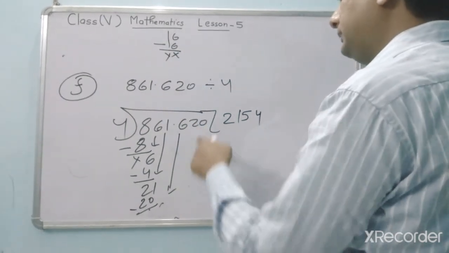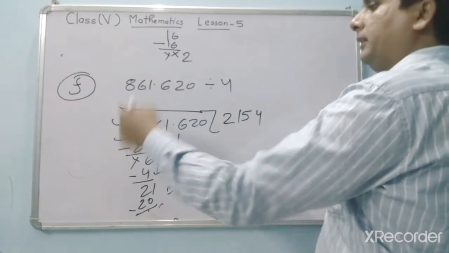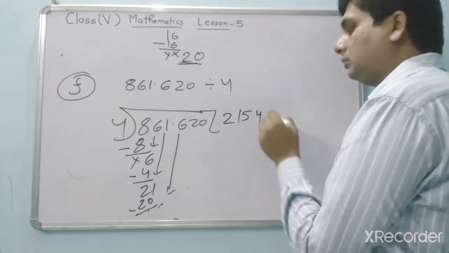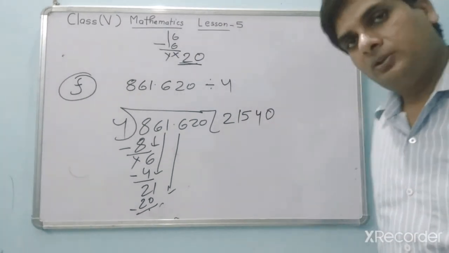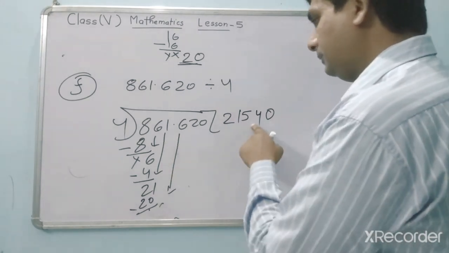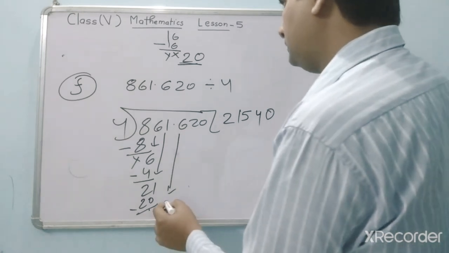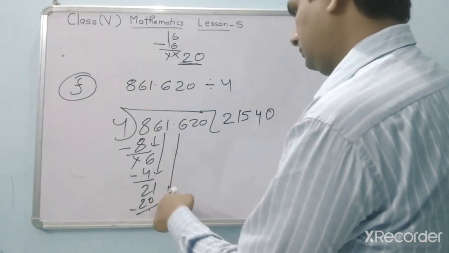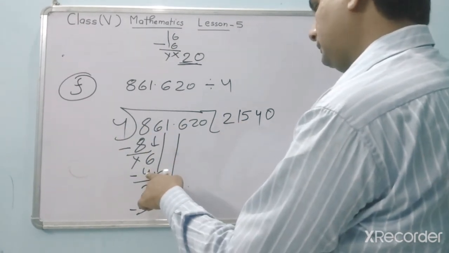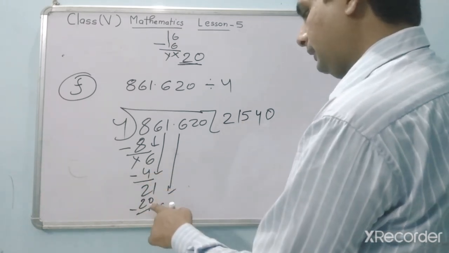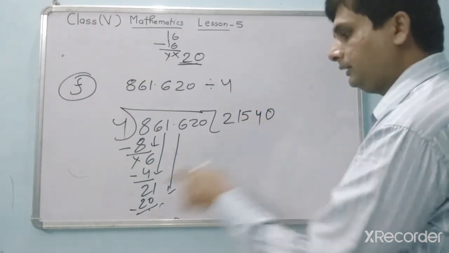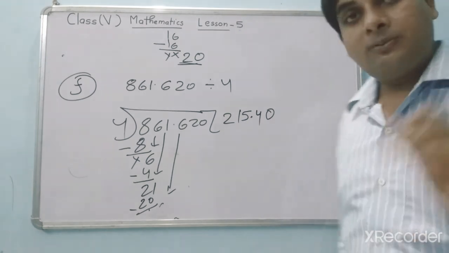Then after, which number will we take? 2. 2 cannot be divided by 4. Then which number are we taking? 0. So here we are taking 2 numbers, so we will include 1 0 here. You know, this is the process. But you can see we forgot to put the decimal. So here if we are using 6, 2 eights, 4 ones are 4. 4 fives are 20. Then we are taking here 1. After 1, 4 fives are 20. Then after here is the decimal. Never forget to write the decimal.